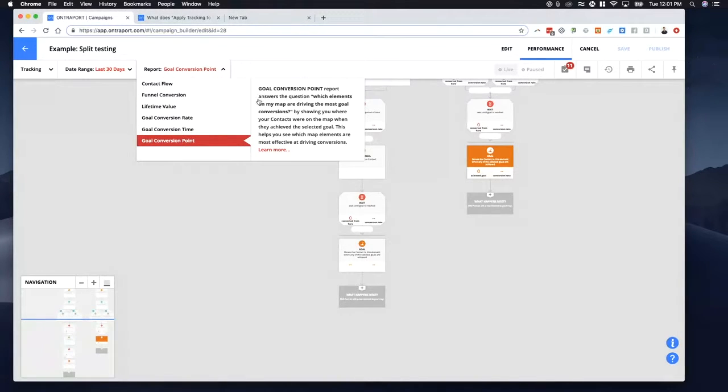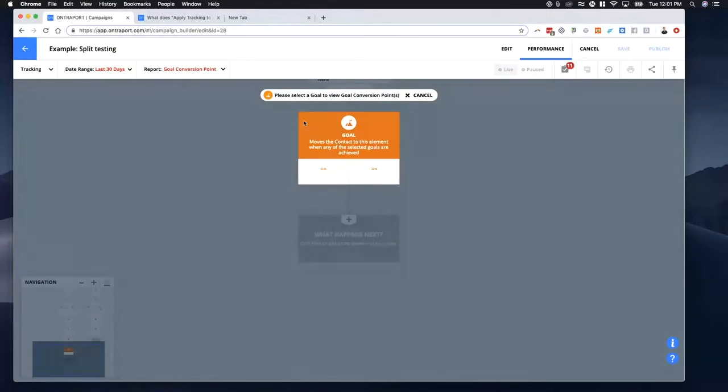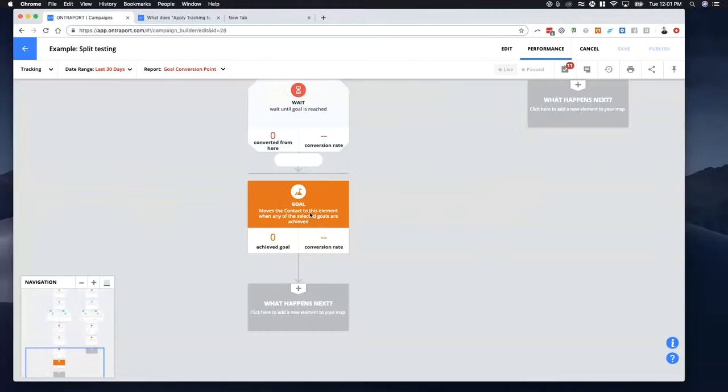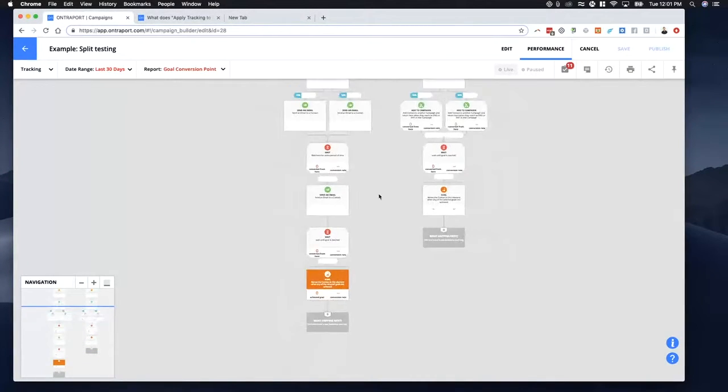Goal conversion point report answers the question, which elements on my map are driving the most goal conversion, by showing you where your contacts were on the map when they achieved the selected goal. This helps you see which map elements are most effective at driving conversion. So what is it going to show me? Let's see, goal conversion point. And it's going to say, please select a goal, and click on this goal, and here, what is it going to say? It's going to show me now